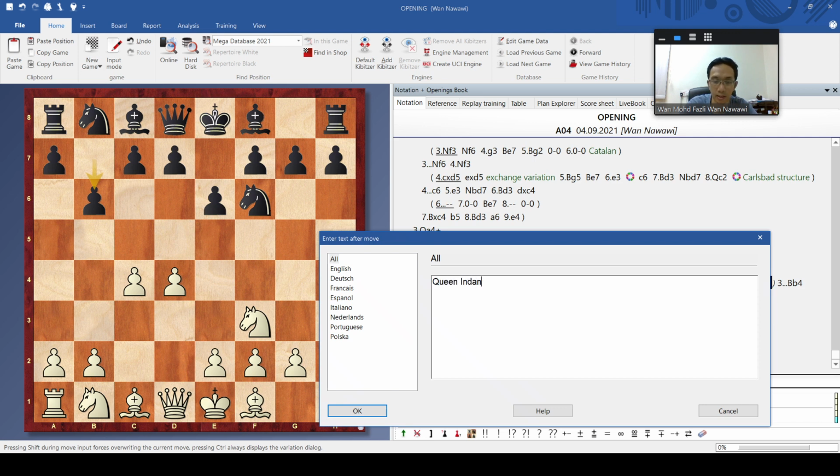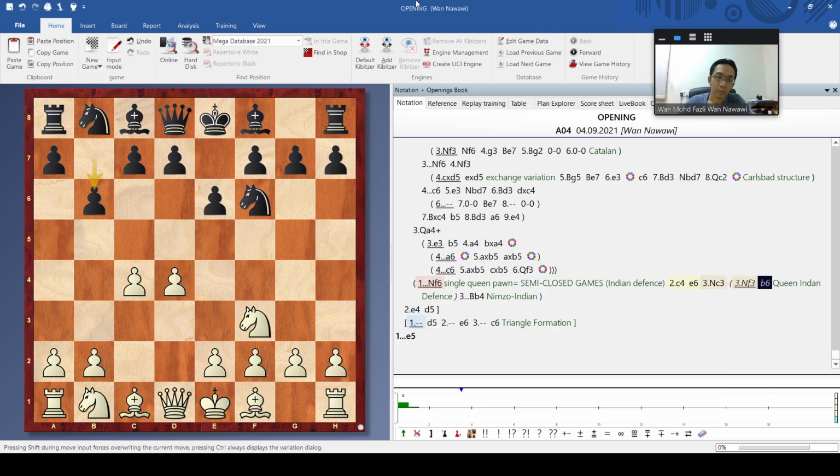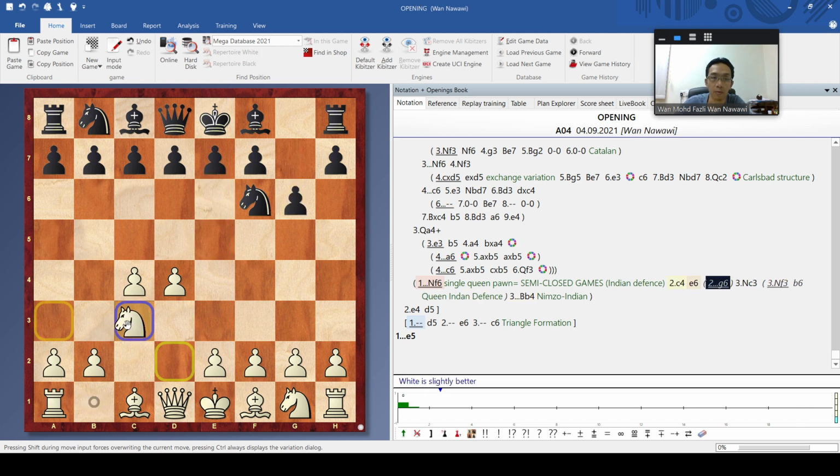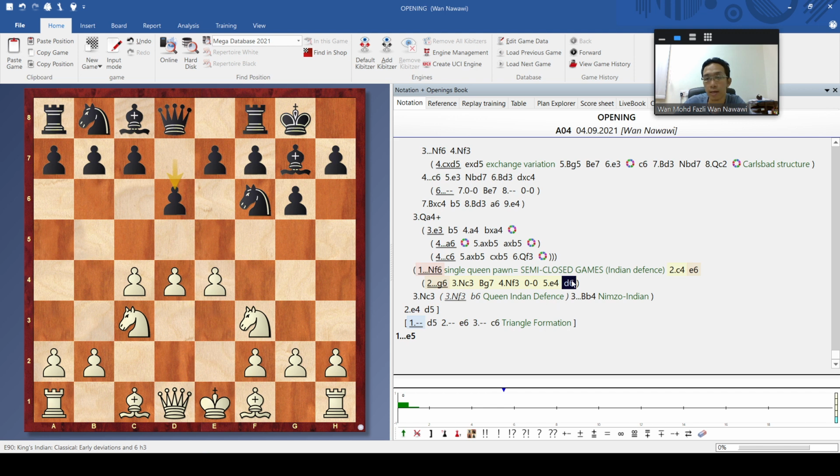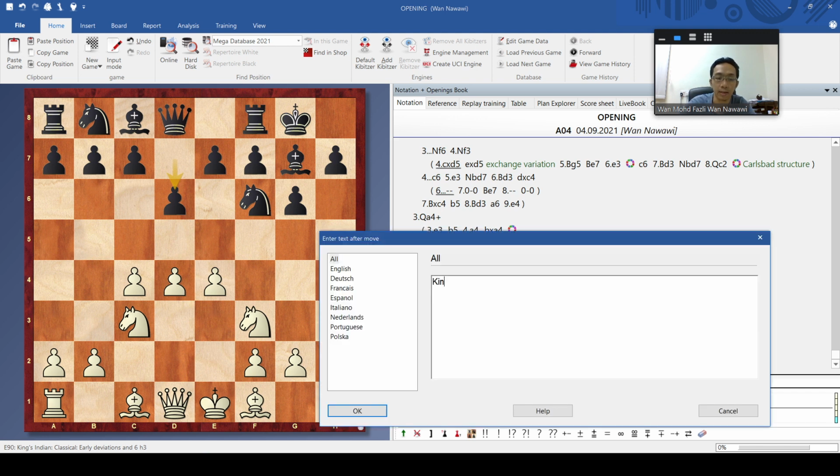Now if instead of playing this, black plays this and white plays this, and then this, and so on, we call it King's Indian defense, or most famously called KID.